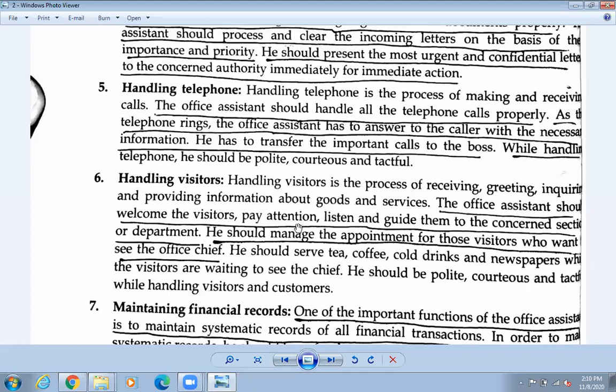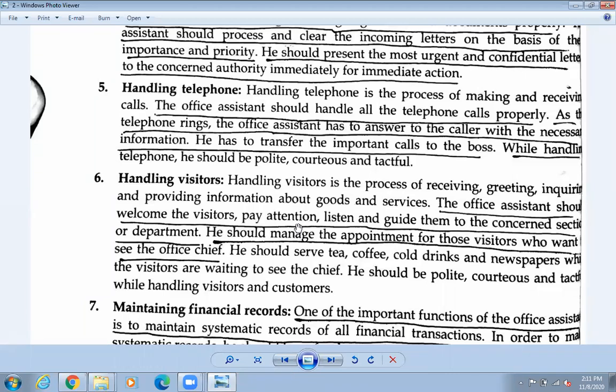Okay, so in a government office you see this type of people who do not guide properly, so they just talk in a very ruthless manner. That is not good for the company. In a company you must be very polite. Okay, politeness should be there. So he should manage the appointment for those visitors who want to see the